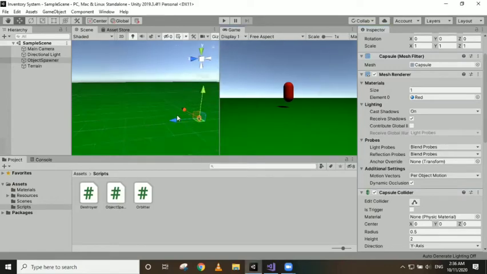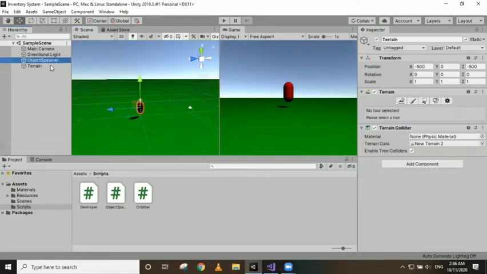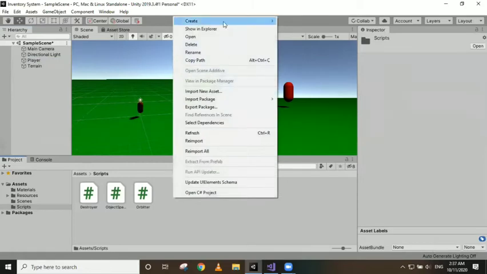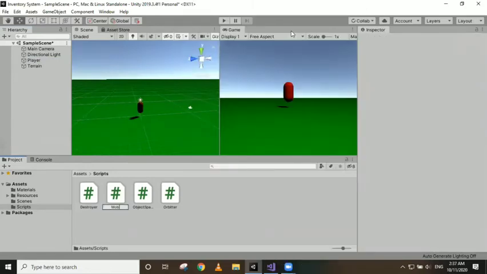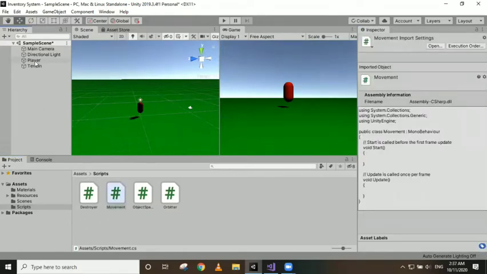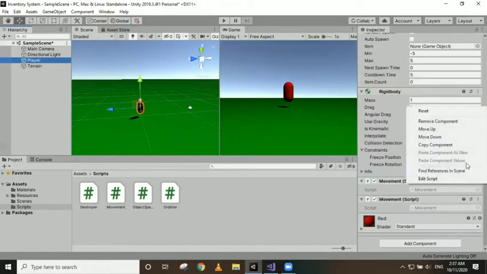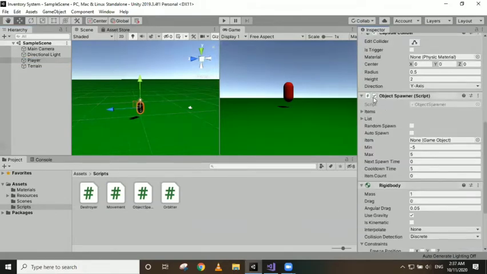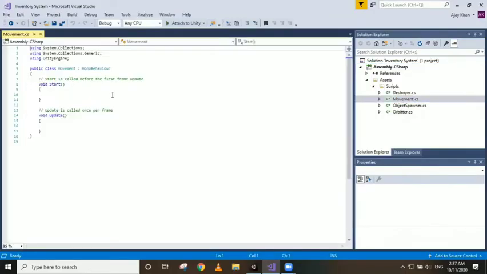Today I'm going to show how to do basic movements. So I'm going to first of all just rename this object spawner to player. I'm going to add another script and call it movement. I'm going to attach this to our player. So for this, I don't think we need an object spawner, so I'm going to uncheck this here. I'm just going to open up our movement script and